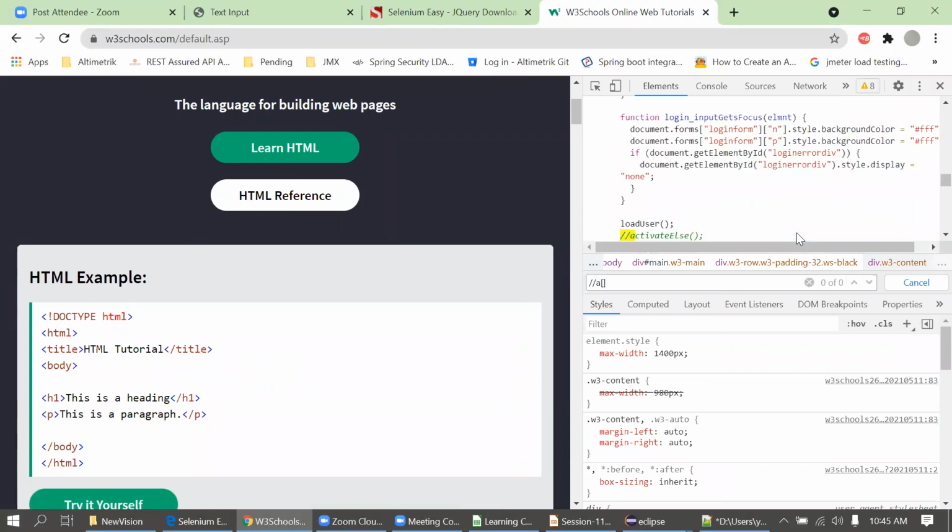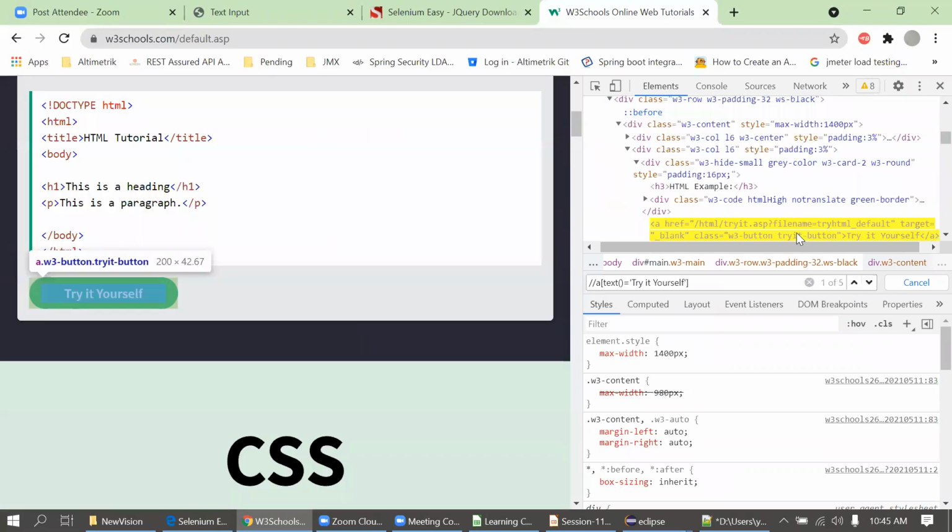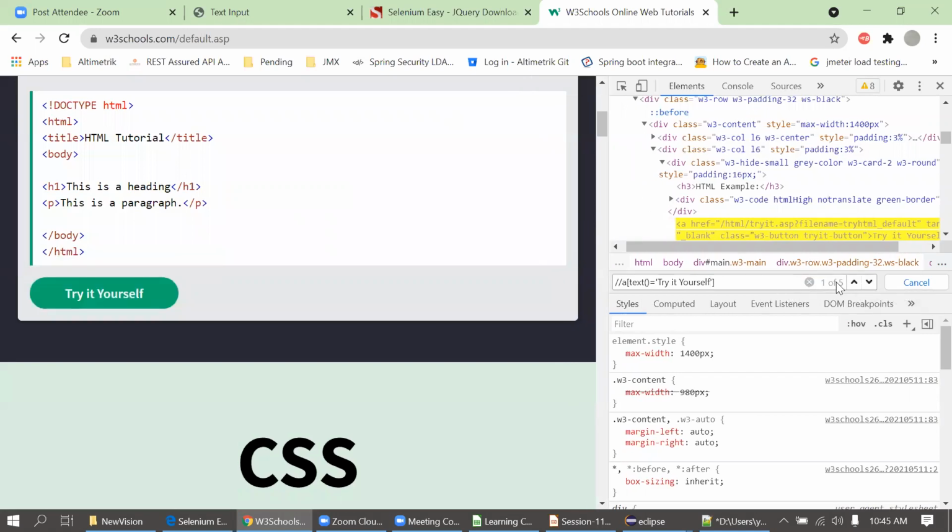Because this text is not going to change. Yeah, but I'm getting 5 now. Okay, so we have to make this XPath more complex now. Okay, now we are getting 1 of 5, so it is not good. We can use this XPath. Okay, so first I will check for which I'm getting this perfect option.